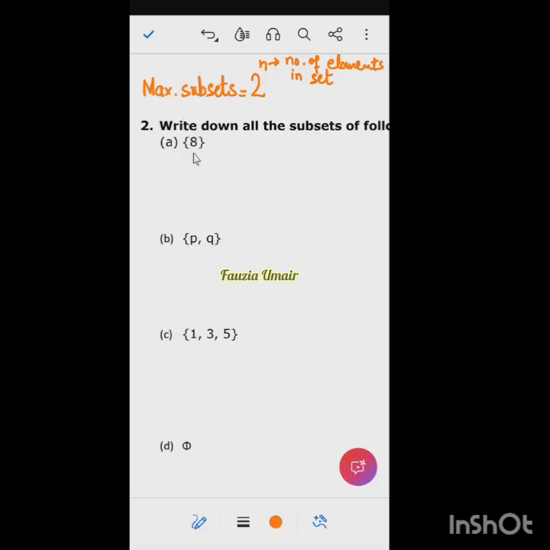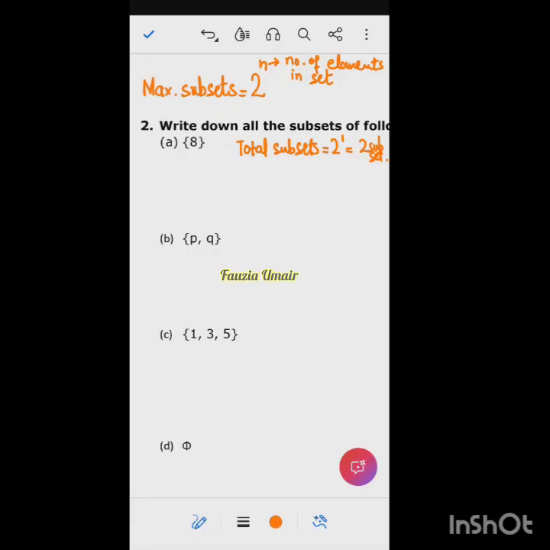For example, in this case, there is only one element in this set. So the maximum total number of subsets would be equal to 2 raised to power 1, because there is only one element. So 2 raised to power 1, we know indices, is 2 actually. So there are two subsets of this first part. And what are those two subsets? So you need to remember that